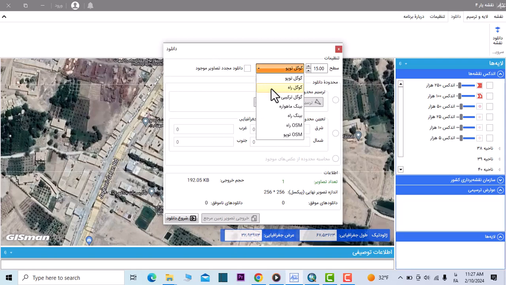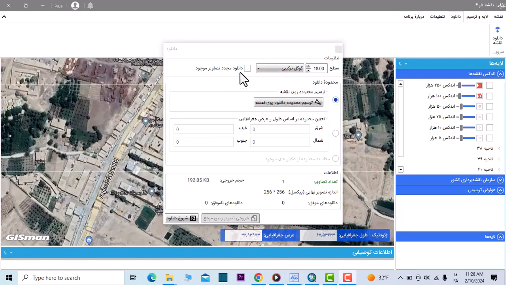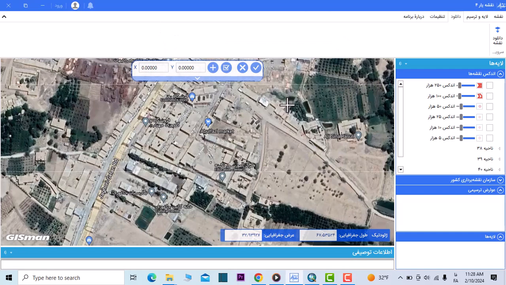In this window select satellite image and the maximum resolution 18. If you have a coordinate system, you can add it here. If you don't have a coordinate system, you can select this one and click here,